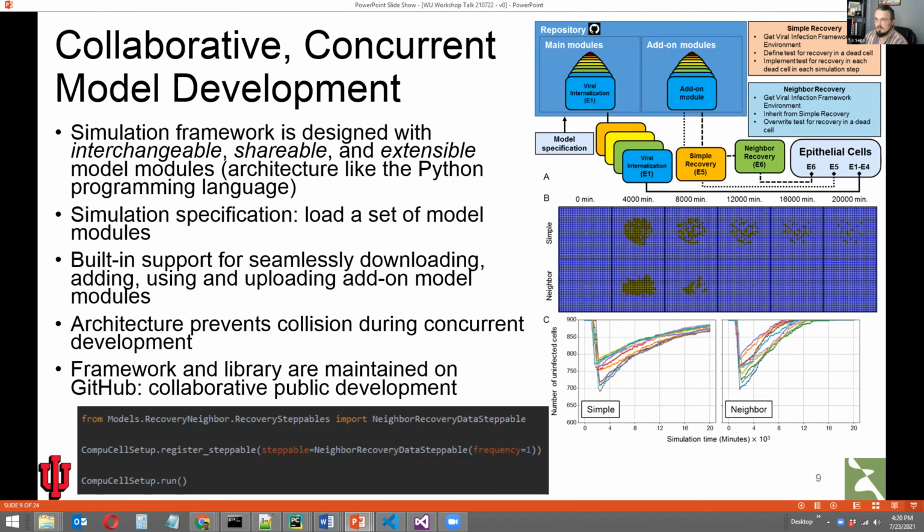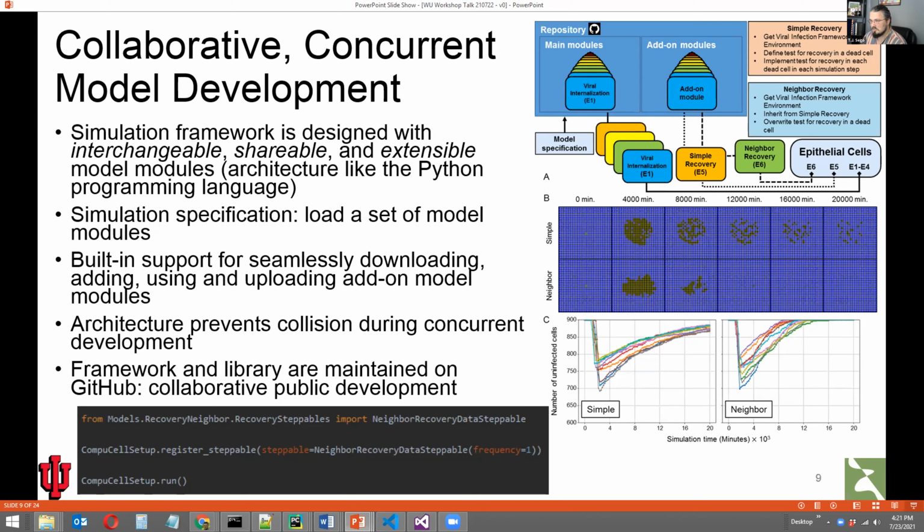Not just for viral infection modeling, but for applications that require interdisciplinary expertise in model development. It's possible to create frameworks that can support lots of input from lots of different fields, all working on sub-projects of much larger, complicated problems like the immune response or viral infection.